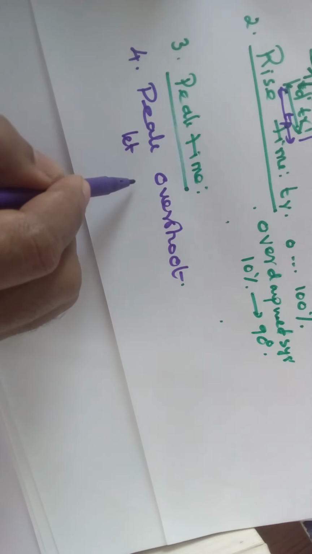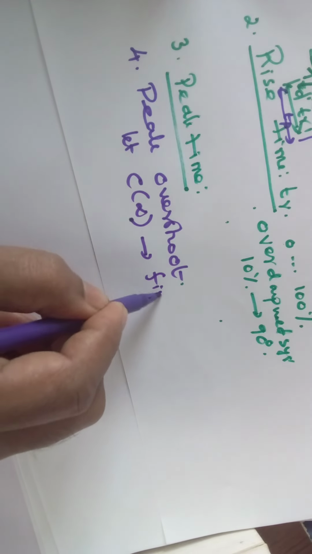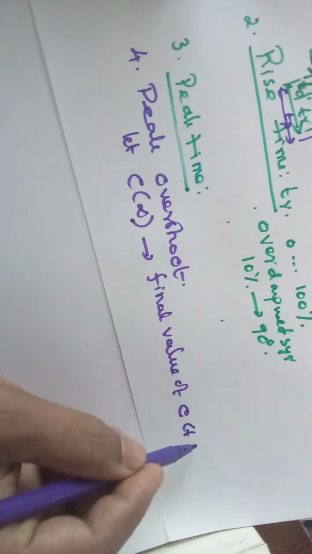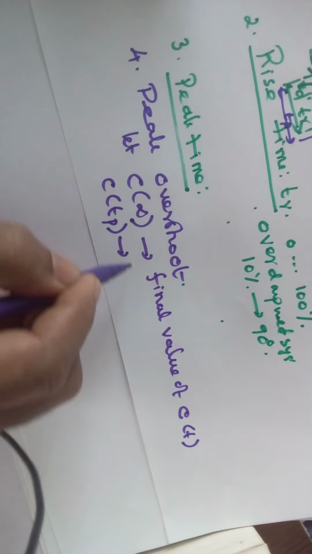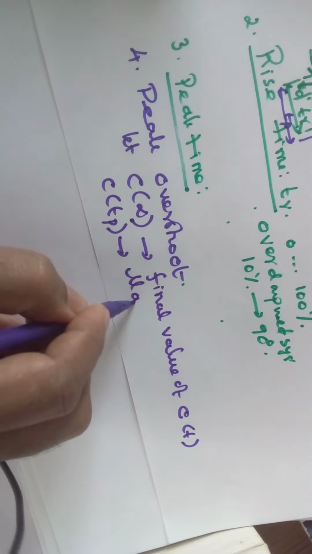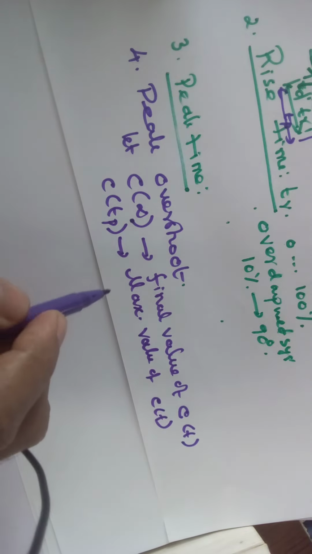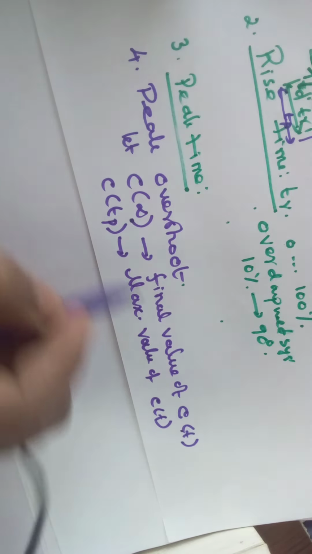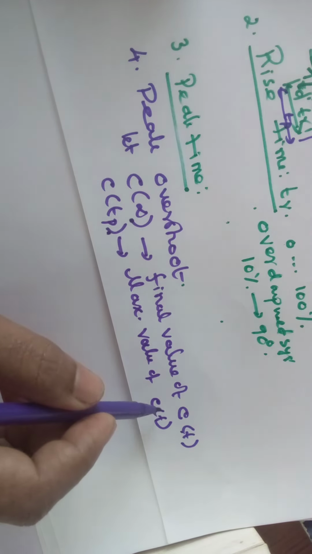Let us take C of infinity as the final value of your response C of t, and C of TP represents the maximum value of C of t. So one is C of infinity, which is nothing but the final value of C of t. The other one is C of TP, which is nothing but the maximum value of C of t. Therefore we can define this peak overshoot as